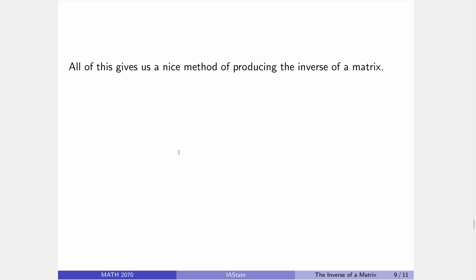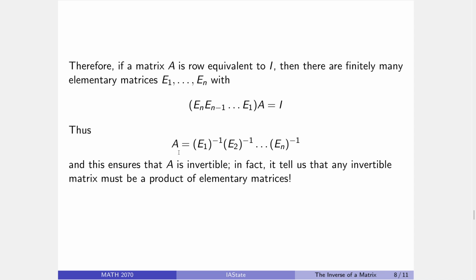And now the money here is this actually gives us the method for producing the inverse of a matrix, because here we see that if I take a matrix and I apply these row operations, I'm multiplying by an elementary matrix, and that gets me to the identity. The matrix A itself has to be the product of the inverses of these, so if I were to replace A with A inverse,